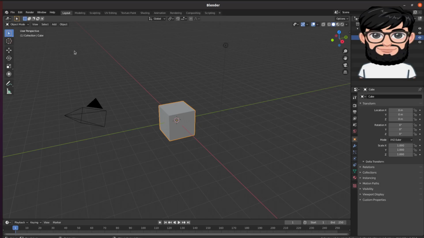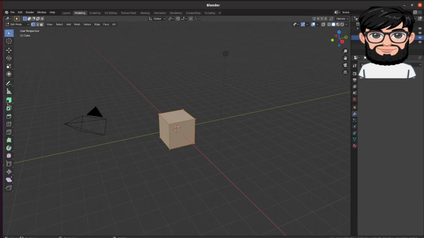Okay, so the first step in order to accomplish this goal is to go to the modeling, and we're going to be selecting loop cut. So the idea behind this chair is going to be that first of all we are going to be